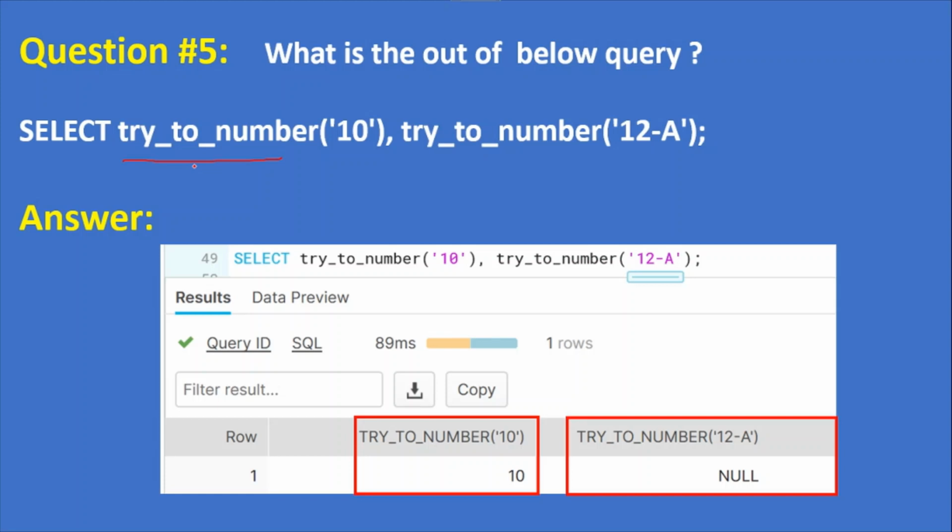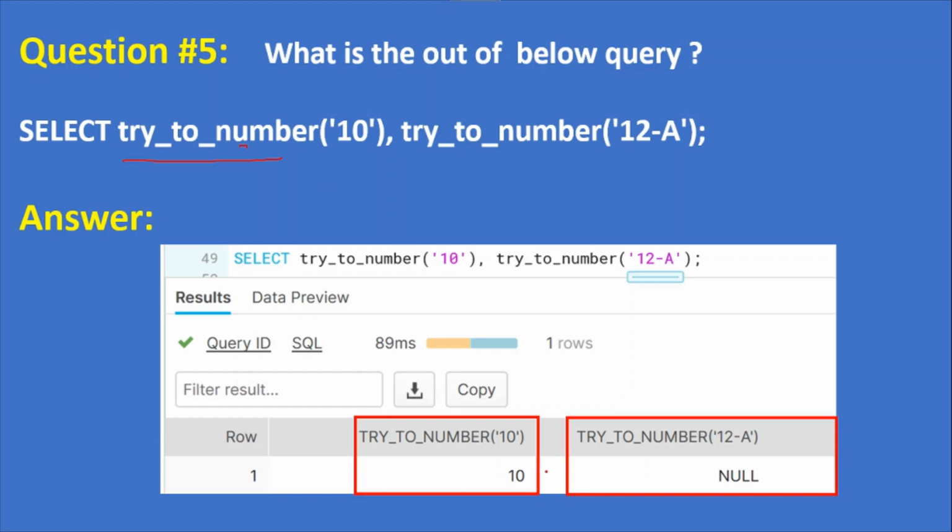Please note that any conversion function starting with try_to, while converting a value, if Snowflake is not able to convert it, or there is any invalid value forced to convert, then the casting does not happen. In that case, instead of raising an error, it will give the output as null. For example try_to_number, try_to_date, try_to_boolean. If the input value cannot be converted into a valid number or data type, then instead of throwing an error, it will simply return a null value.